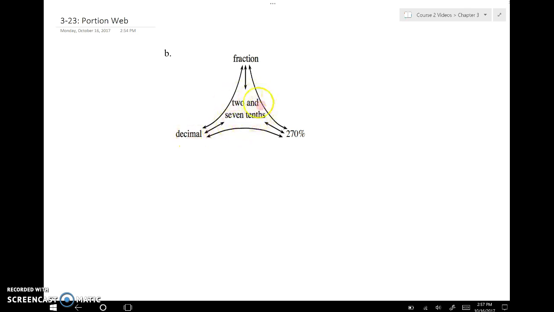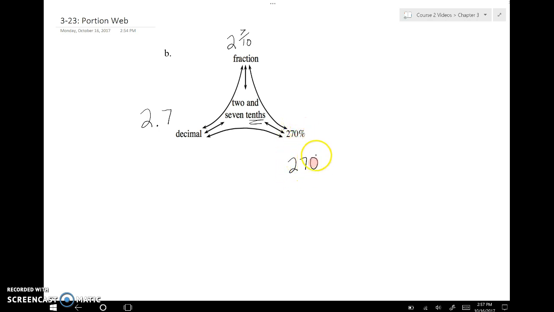They already kind of gave it to you as a fraction. They already kind of told you that it's 2 and 7/10. I can also write that as a decimal if I know how to read and write decimals properly. Instead of, I don't say 2.7, I would say 2 and 7/10. So another way to do it would be to have just used kind of the trick that I use